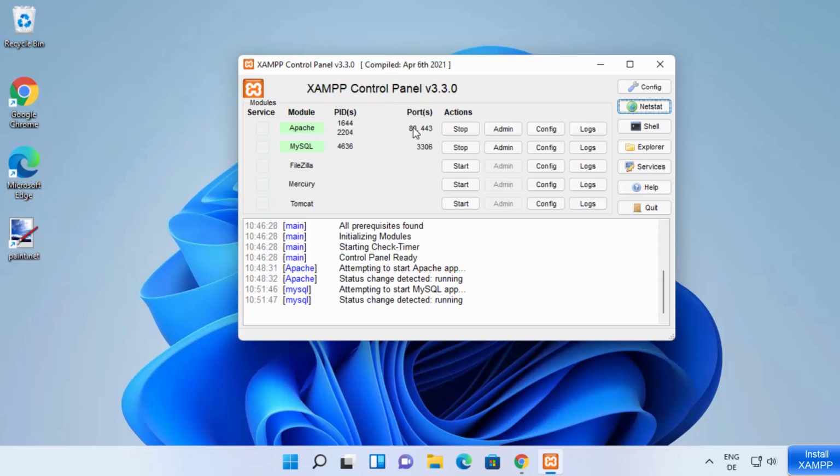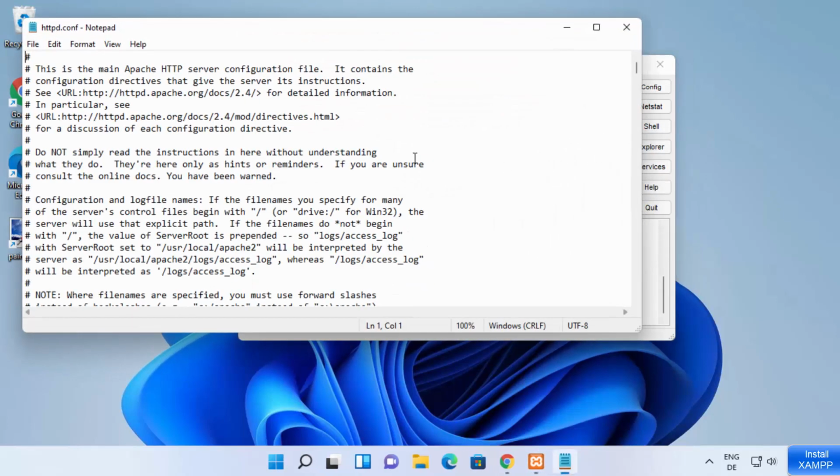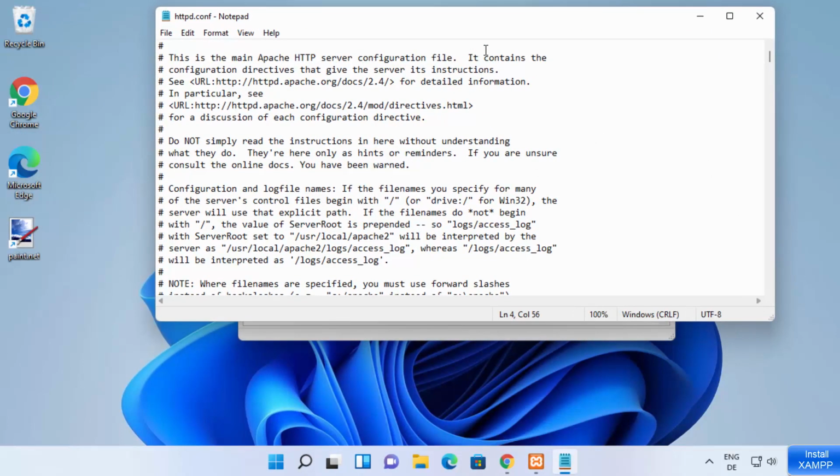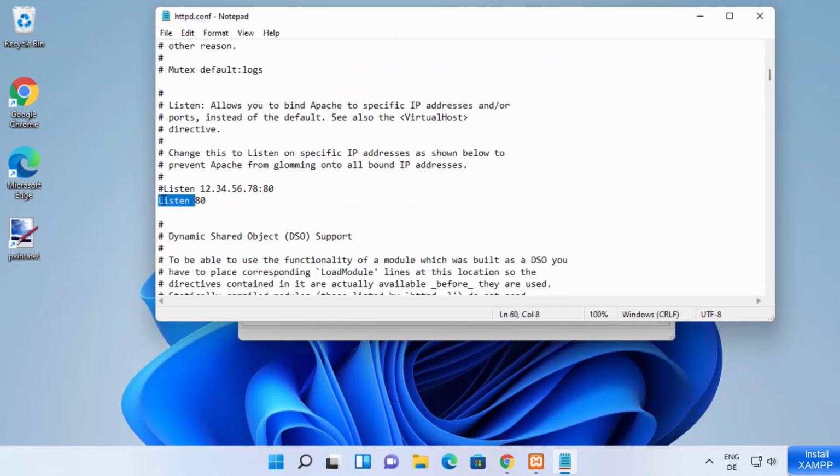For changing this port, you just need to stop your Apache server first of all, and then click on config here. For the configuration, you can choose the first option, which is the httpd.conf file. I'm going to click on the first option, which is going to open this kind of file. In this httpd.conf file, just scroll down a little until you see this Listen keyword, right? You can see the default port right now is 80. I can change this port to something else. So let's say I want to change this port to port